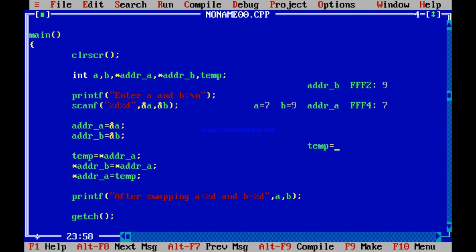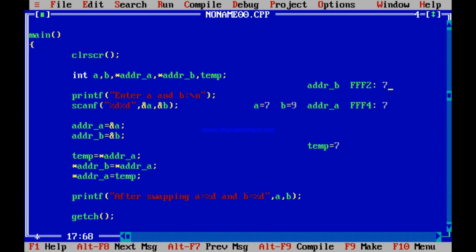You are putting 7 in temp. Next, content of ADDR B equal to content of ADDR A. ADDR A is FFF4. Content of FFF4 is 7. Where are you storing it? In the content of ADDR B, which is FFF2. So you are storing 7 over here.